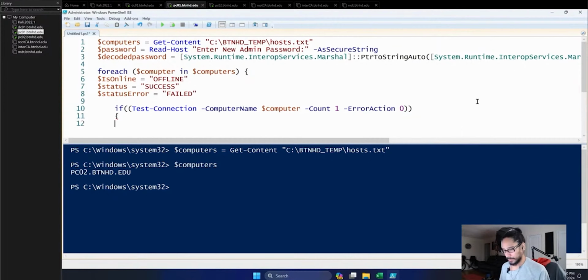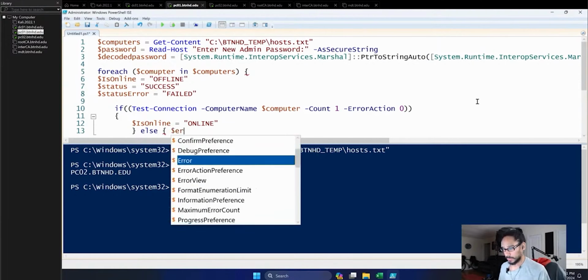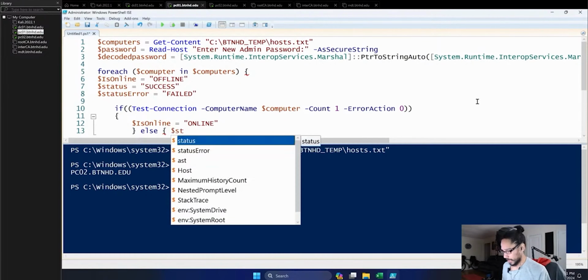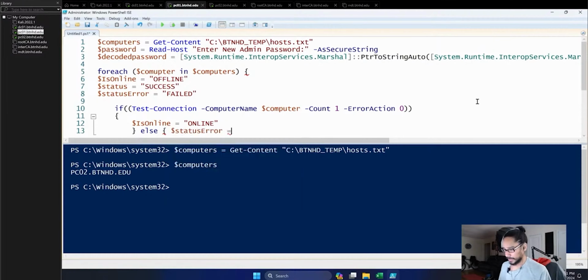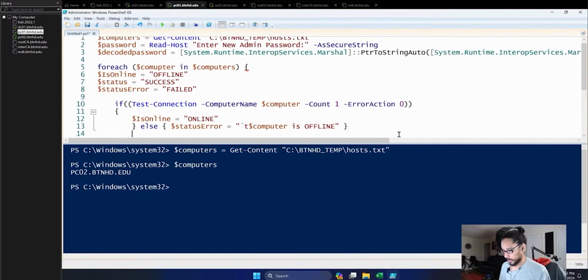and we're going to do a wiggly bracket because we need to do more information inside the if. We need to change the variable to online. If it's not online, what's going to happen? Else is $status. I'm going to call that status error variable that we created, equal to open and close parentheses, and then wiggly bracket to close it. Now, inside the double quotations, we're going to add the following. We're going to do, I believe, so we just close it. Boom. Let's hit enter. Let's go back, and then we're going to try.